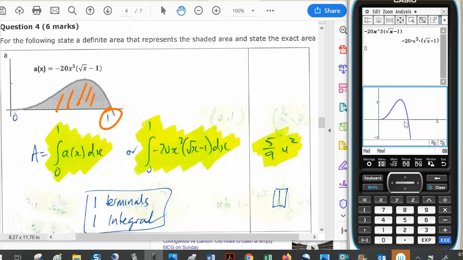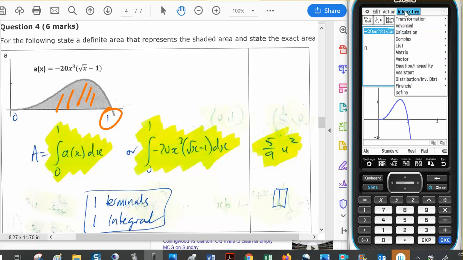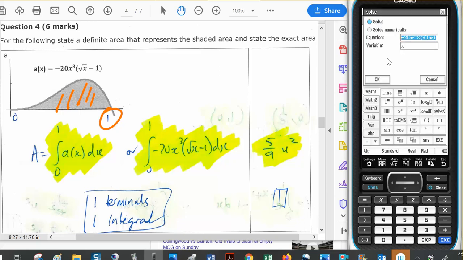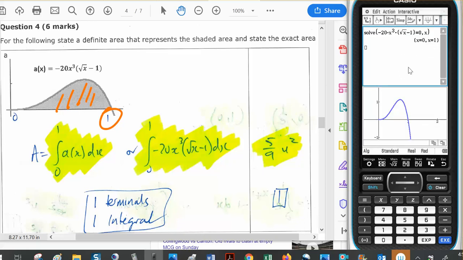Beautiful. So I can think that my x-intercept is going to be 1, but I might make that equal 0 and solve for x to find out the two x-intercepts. And 0 and 1. Okay, so I'm looking for the integral from 0 to 1 of a of x dx to get my